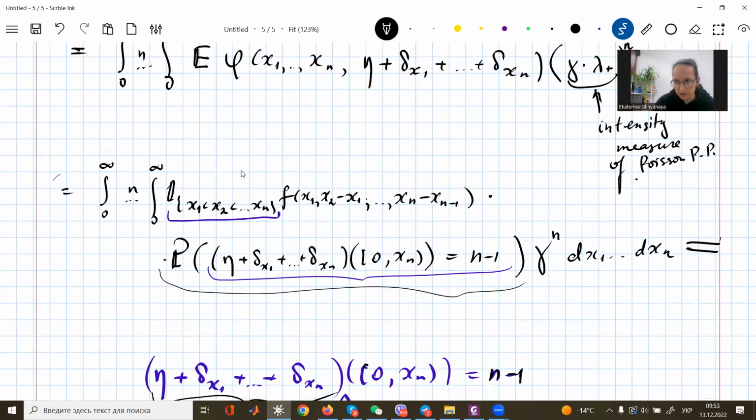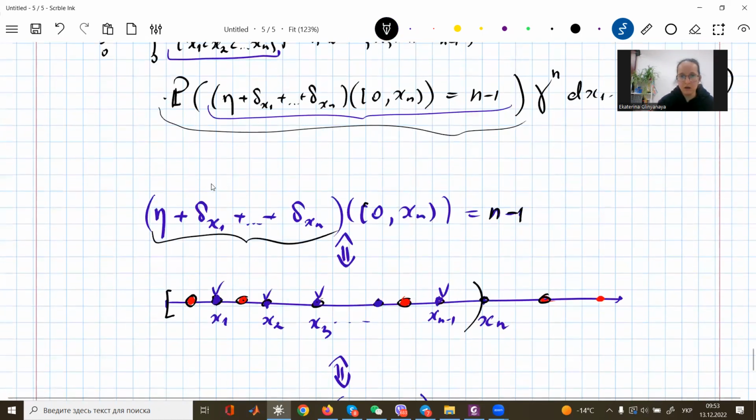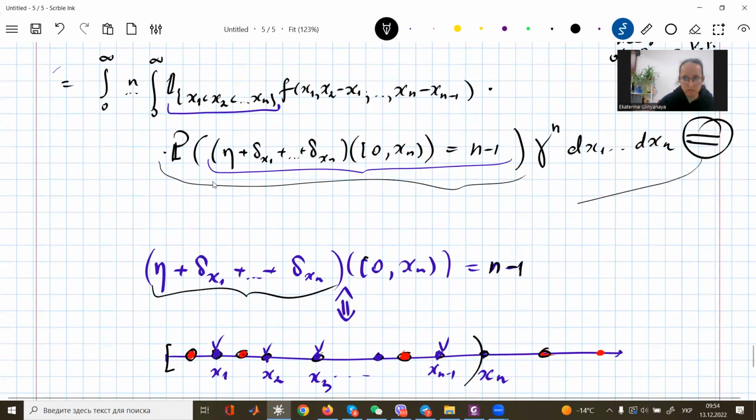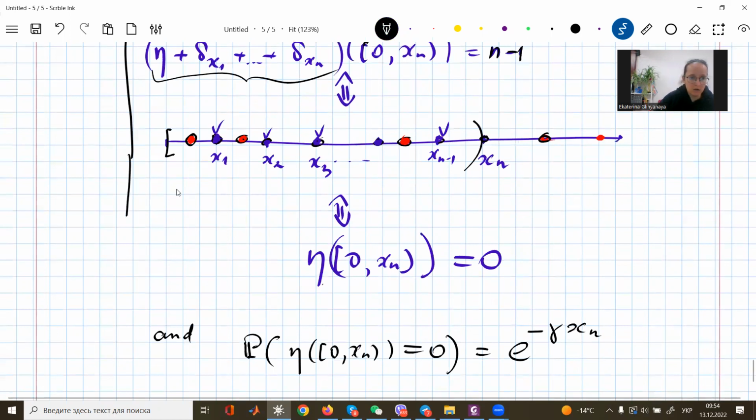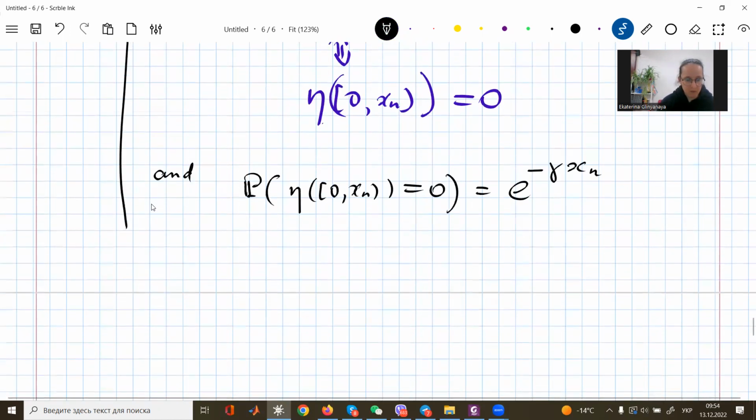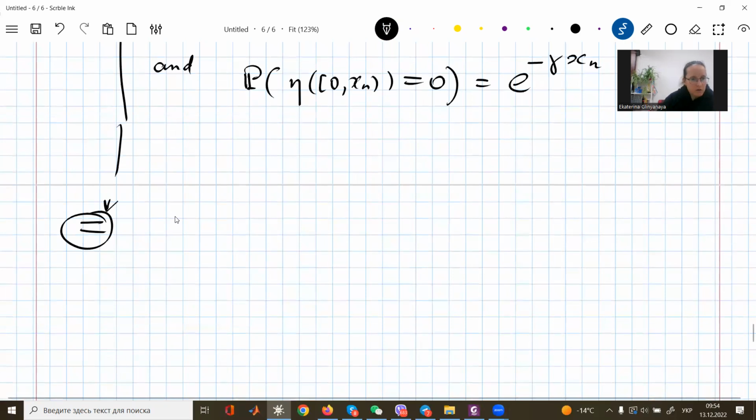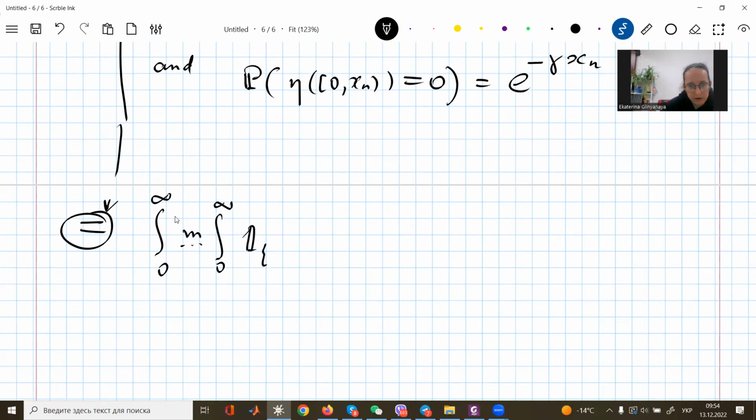Maybe I write like this. I continue. This was the explanation, how I continue. Long explanation. And now I can write equality. So again, I have the integrals from 0 to infinity, m times, and what do I have? Ordered points xn. I have